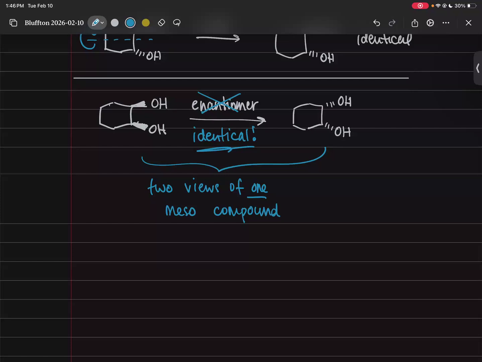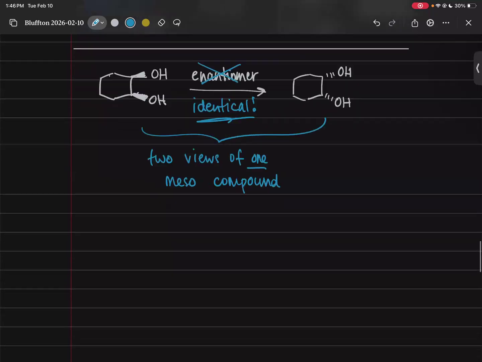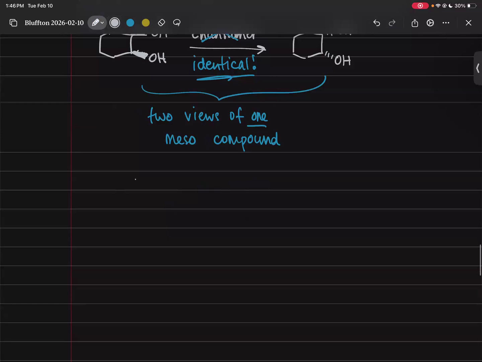So these are two different angles to view the same compound, and we call this a meso compound because it's going to trick you like this. You'll try to find the enantiomer, and you'll find that when you do that process of flipping all the stereocenters, you get an identical compound. So the short version of how to spot these without doing this